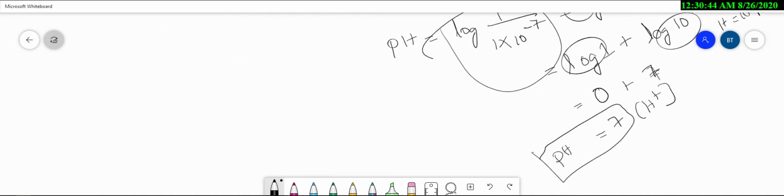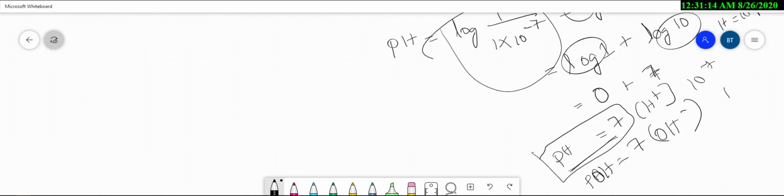If we continue, it becomes 0 and 7. So ultimately the pH value we are getting is 7. That is the hydrogen ion concentration of water. Similarly for OH minus, it will be pOH, which is 7 only. So this is how we note pH values in index value. This is called index value, which has no unit. If you are writing in concentration, then we will write it as 10 power minus 7.